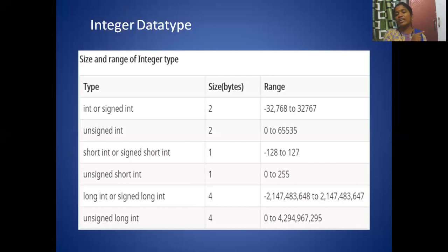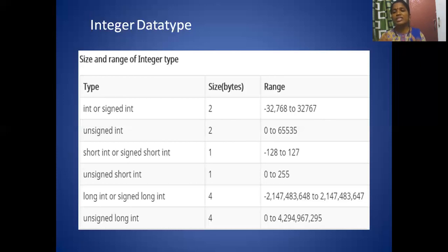That means 1, 2, 4, 8, 16, 32, 64, and so on. So when you have 16 bits, the range will be from 0 to 65,535, because you don't have negative numbers here. All are unsigned. That means all are positive numbers.